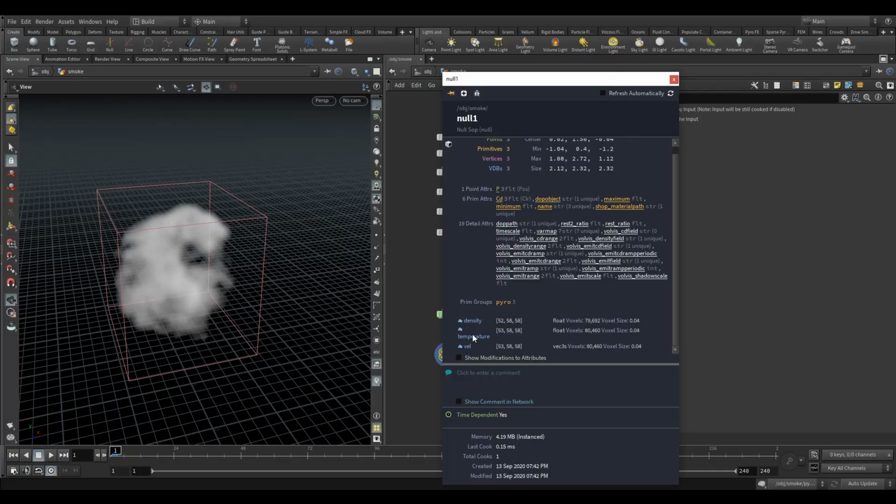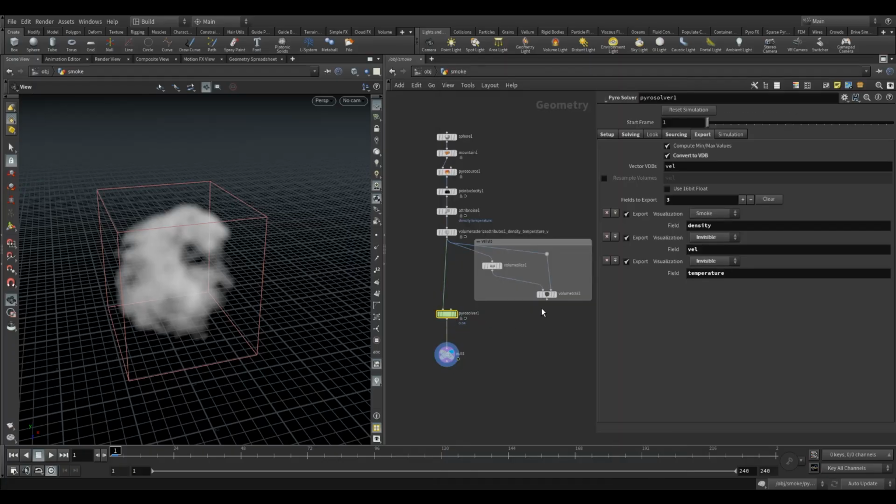With a simulation like this, typically we're just going to be rendering the density. That's all we need. We need the temperature and the velocity for the simulation to work, but we don't necessarily need them for rendering. You might want the velocity for motion blur. That can be used for that. I'm not going to do that. It's up to you if you want to. Temperature is typically used, obviously, for fire. You could use it for some other kind of effect as well. I'm not going to. So I'm just going to export density because I think that's all I'm going to use